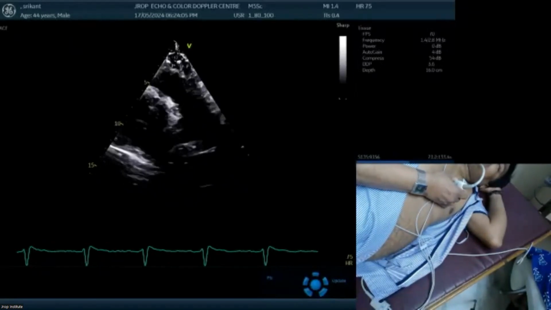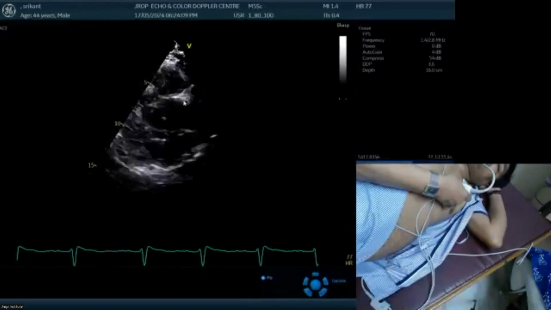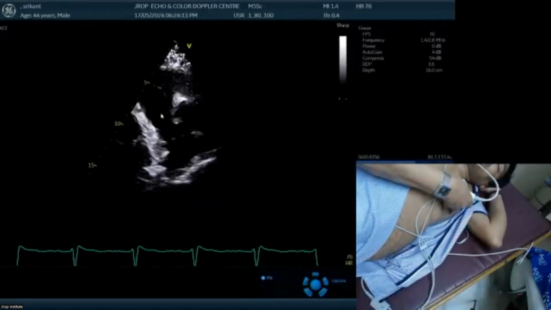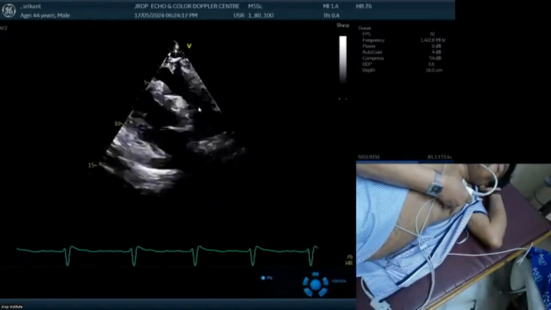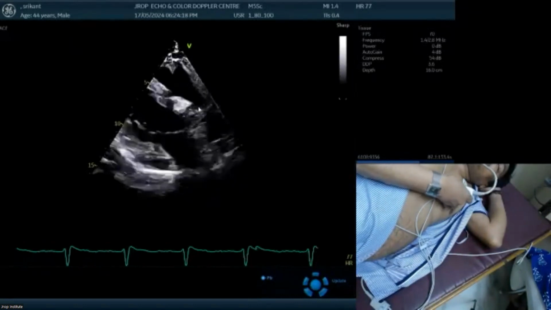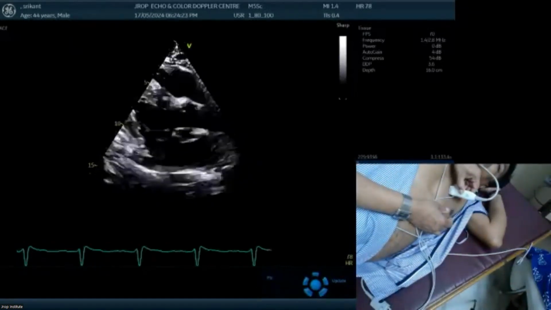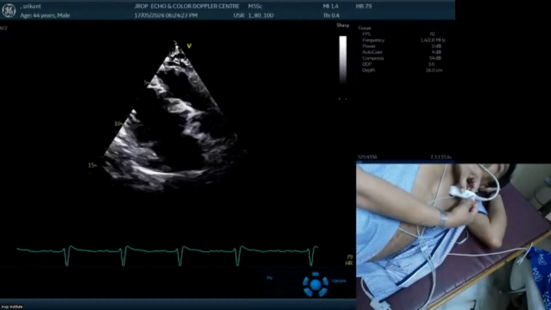RV-RA outflow. So here is a parasternal view. This time here is a RV-RA inflow view, and here is the RV-RA outflow. And holding this transducer over here, if I rotate it 90 degrees, look, I'm rotating it 90 degrees,